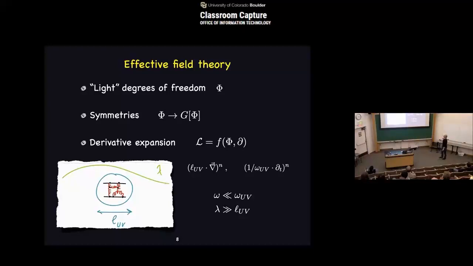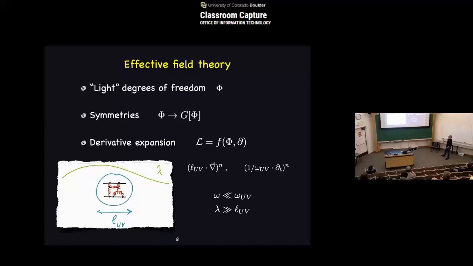In order to write down the action or the Hamiltonian of the system at low energies, you want to be able to isolate what the light degrees of freedom are. Here by light, I mean low energy in a quantum setup or low frequency in a classical setup. And if you know what they are, you use them. If you don't know what they are, you postulate what they are, and then you check whether what you get makes sense or not, either experimentally or if you have other ways to check from other aspects of the theory,